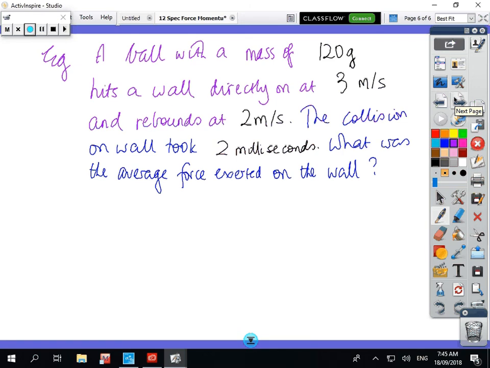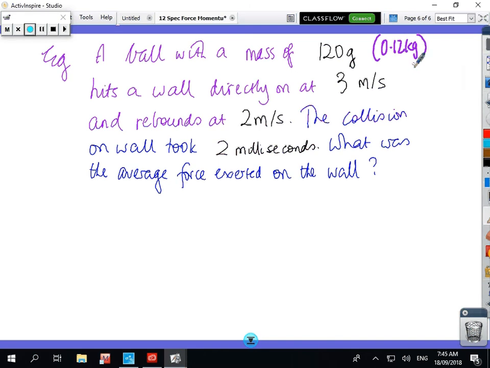Okay, so a ball with a mass of 120 grams, which is the same as 0.12 kilograms, hits a wall directly on at 3 meters per second and rebounds at 2 meters per second, so it loses velocity. The collision on the wall took 2 milliseconds. What was the average force exerted